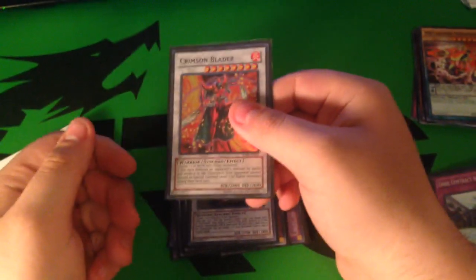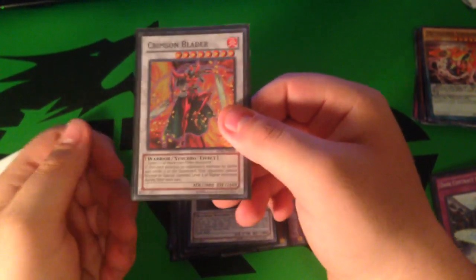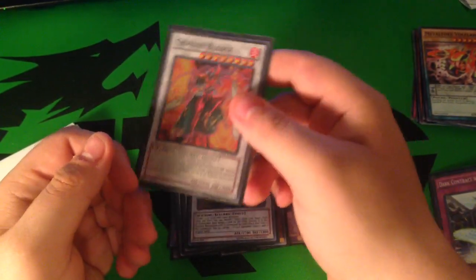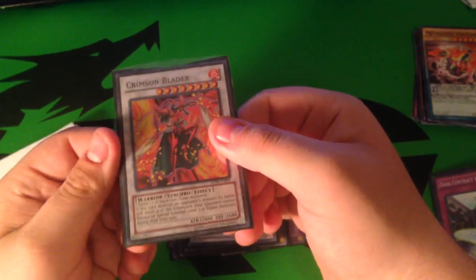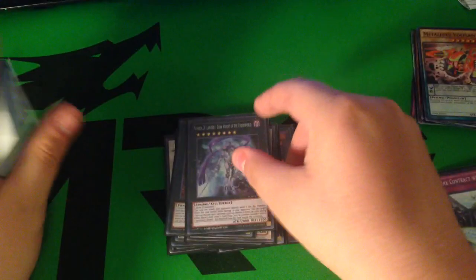I ended up putting Crimson Blader in here just because I figured people were going to be playing dinos, at least in my area. Some people have been experiencing more with the dinos, and I figured this was pretty good because they would not be able to summon their True Kings, or the Ultimate Conductor, which is pretty good, as well as make synchro plays and stuff like that. 1 Cali Swag. I made him, but I wasn't able to keep him on field for long. And then to round up the extra deck,